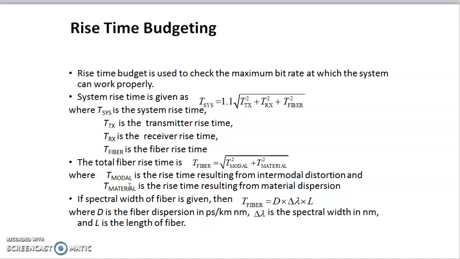So we consider the rise time of a transmitter, the rise time of a receiver, and the total fiber rise time, which depends upon what type of distortions or dispersion occur in the given fiber. So the total fiber rise time T fiber is equal to the square root of T modal squared plus T material squared. T modal is the intermodal distortion, that is the rise time resulting from the intermodal dispersion, and T material is a